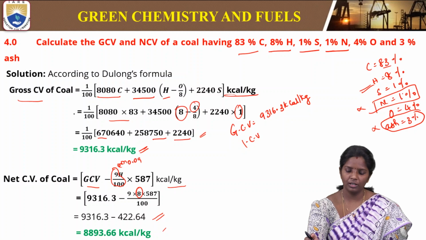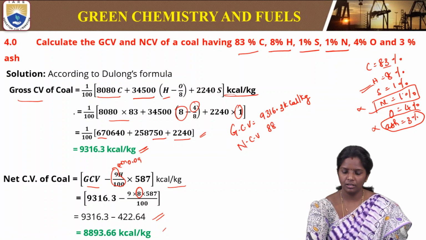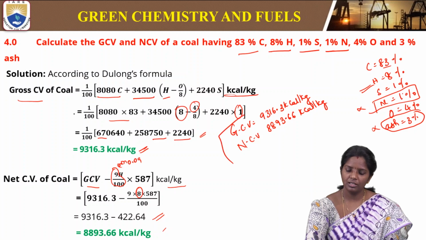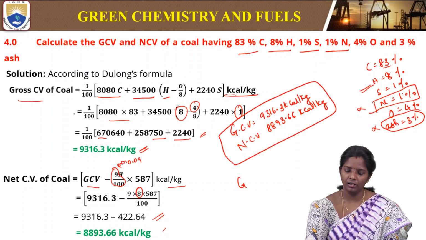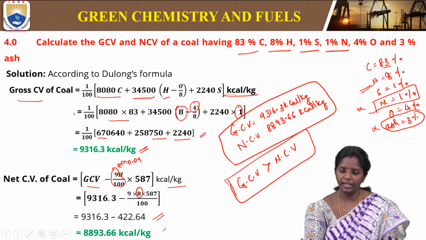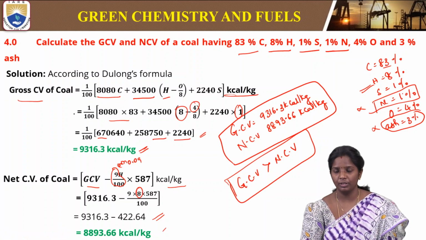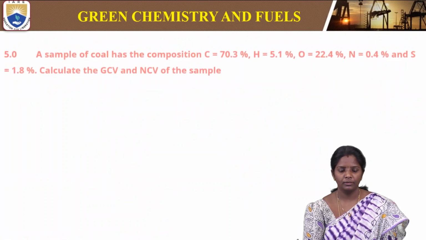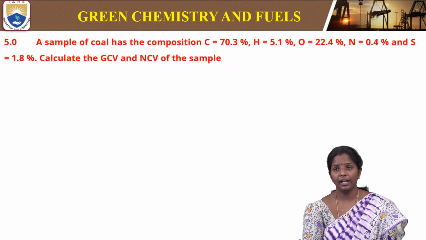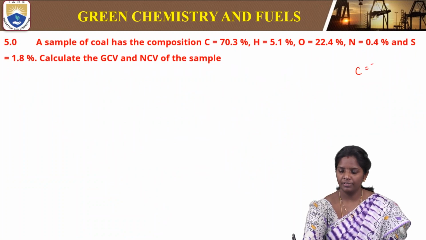Now we are reporting as net, so we take it as NCV. It is 8893.6 kilocalories per kg. So always GCV is higher than LCV. Just check it after getting the problem answer, GCV must be higher than LCV because the steam heat will be present. Next, a sample of coal has the composition: carbon is 70%,